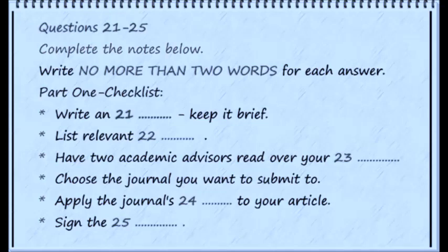Okay. Another thing. Could you have a look at my article before I submit it? Absolutely. Actually, at least 2 senior staff members should always read through a final draft before submission. Do you mind if I give it to Professor Johnson to have a look at as well? Not at all. I'd be glad to have the feedback. Do you know which journal you want to submit to yet? Not yet. I have a short list of about 3 that I'm interested in. Make that decision soon, because you'll need to adjust your article so that it matches the style guide of the journal you are submitting to. I bet that can take a while. Yes, but after that you are just about ready to submit. One more thing, you'll have to sign the copyright form, just confirming that it's your own work, and then you're